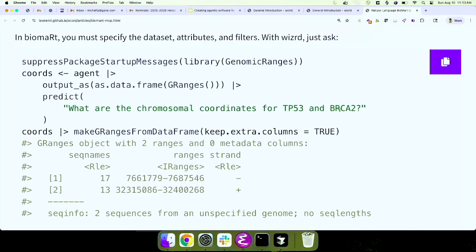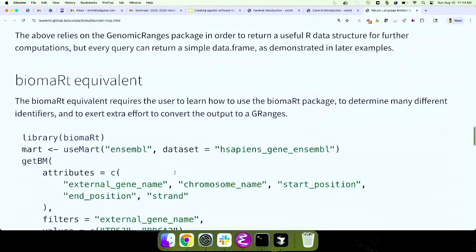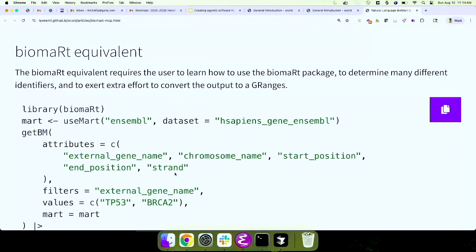All right, so you can ask a simple question like that, and then you can, by the way, tell it to output as, right, you just give it the as.data.frame result of an empty GRanges. So that gives you your prototype data frame. Then when you get the output, you can call this Bioconnector function to make the GRanges from the data frame, and you actually get a GRanges object, this Bioconductor object, with these gene coordinates. And that's something you can take directly into your workflows, right?